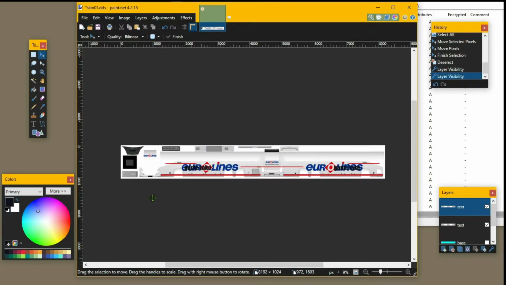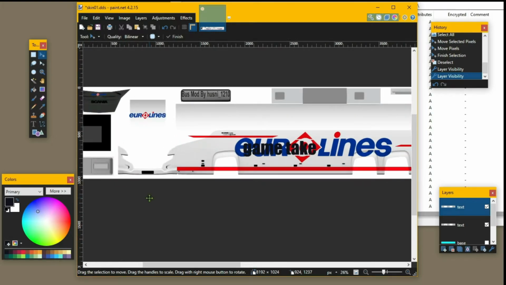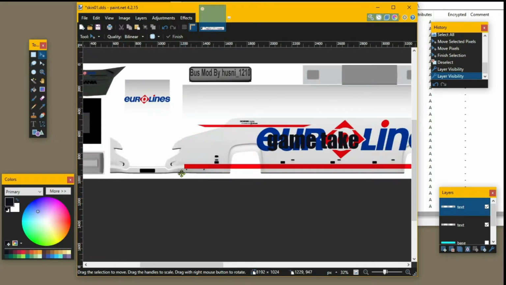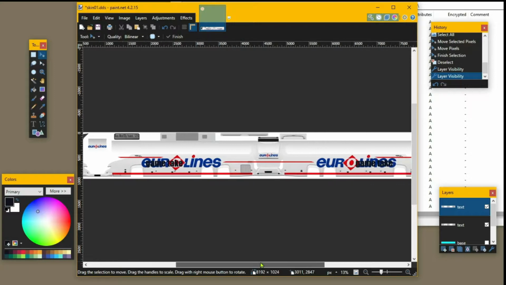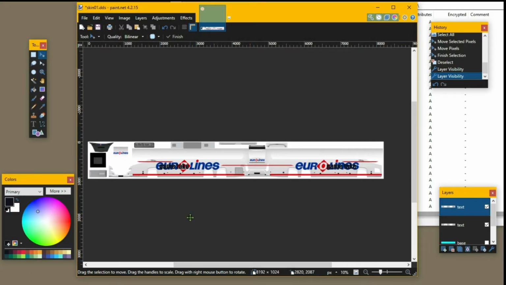Now if I scroll in here, you'll see this part here is the front of the bus. You can see where the lines on the original one start there. So let's scroll out a minute. Now if we wanted, because we're going over his lines, but if we wanted to keep